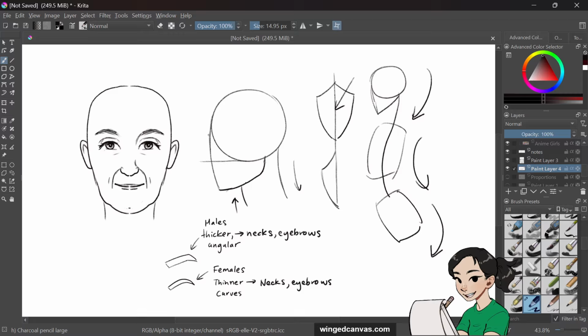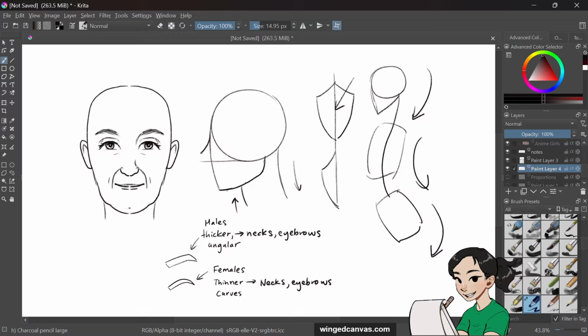And if you're drawing an older person, older people have more bulbous noses, and that's because our noses and our ears never stop growing. So if you draw a big bulbous nose, that character is going to look older. If you draw a tiny nose or no nose, that person's going to look younger, and that adds to the appeal and the cuteness of